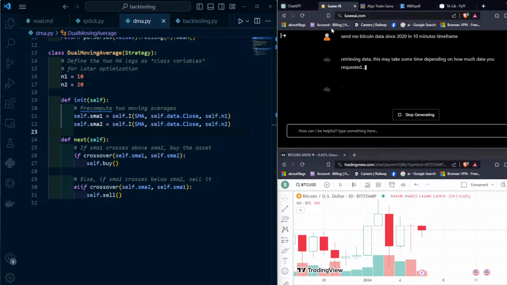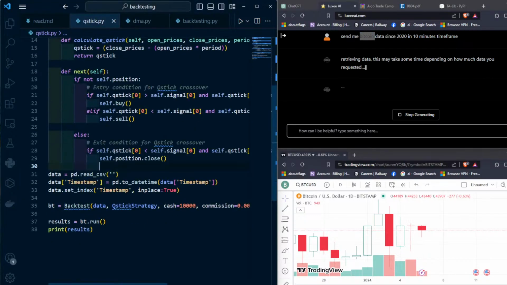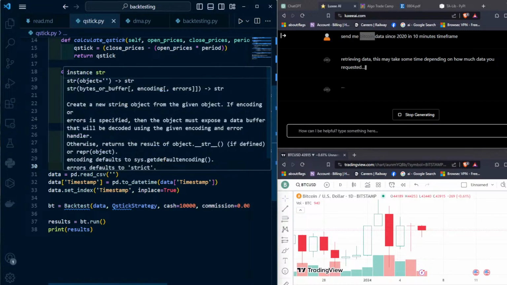Maybe because I said 2020. So this is going to take quite some time because this is a lot of data, and it's also Bitcoin, so imagine how much data this should give. But after it loads, what you do is the same as what I am doing, but the difference is you're just going to give the path of